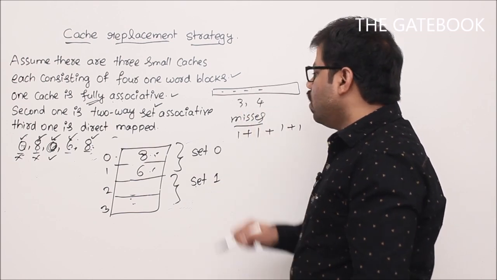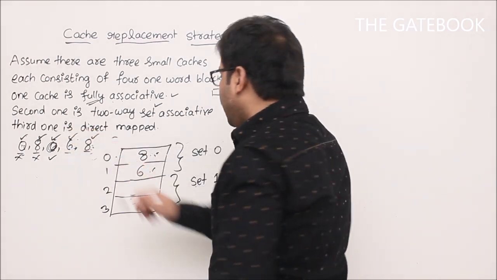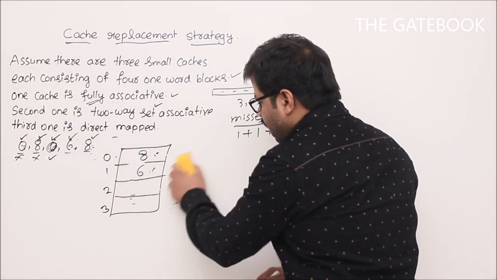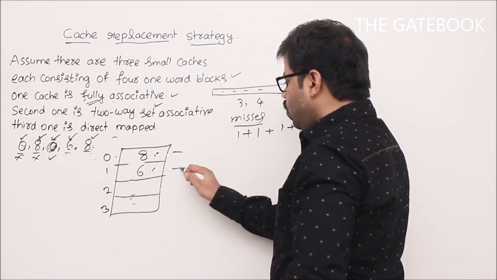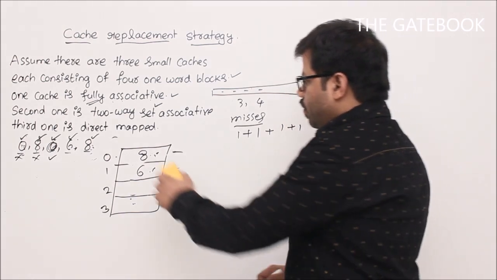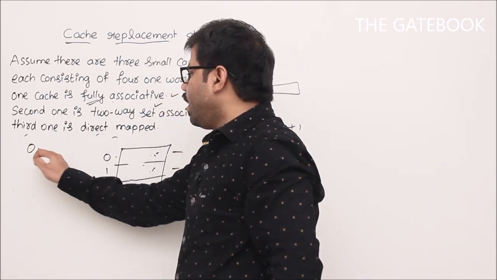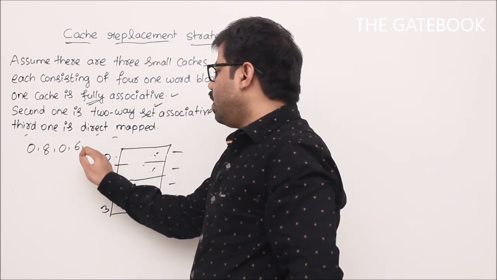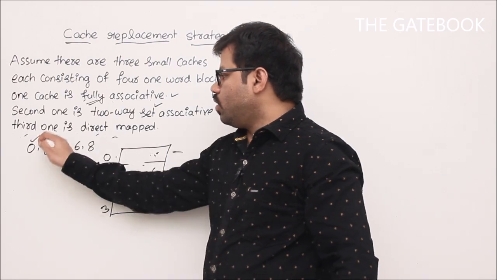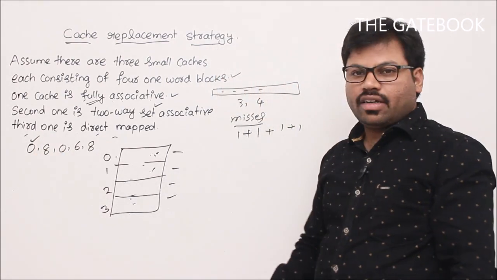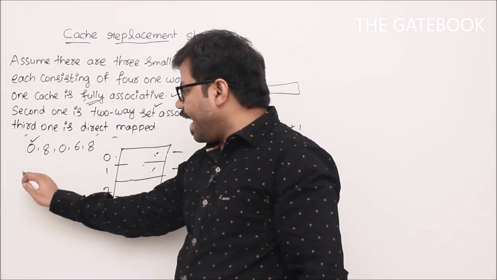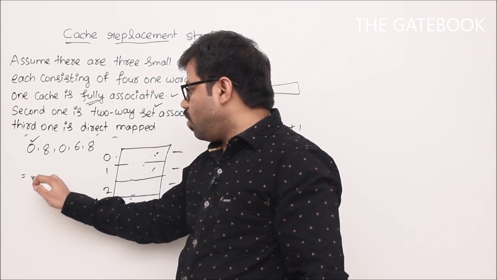Okay, 3, now 4. The last concept is direct mapped. In direct mapped, everything is a set, right? There are 4 sets, 1, 2, 3, 4. Okay, now let us begin again: 0, 8, 0, 6, 8, correct? Let's begin. 0. In the direct map technique, the formula, if you want to know the cache block number, is equal